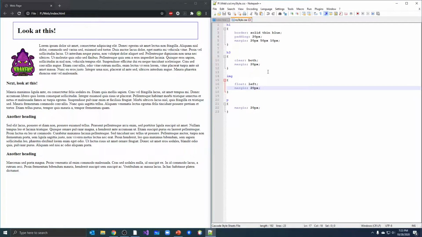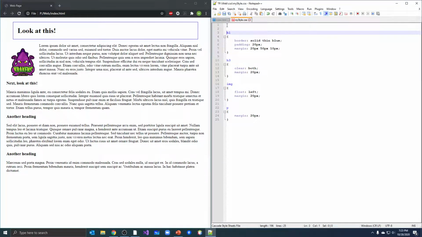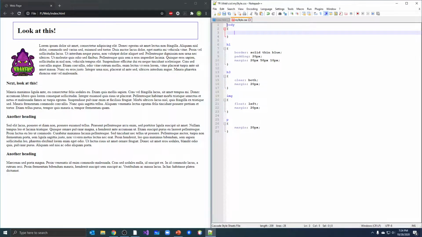So what were we going to do? I hadn't saved my body yet, so I'll have to retype it. Body, and I wanted to do background image, and I said we have to do a URL with some parentheses, and inside the parentheses for the URL we have to tell it the file we want to load. Mine is in the images folder, and I called it